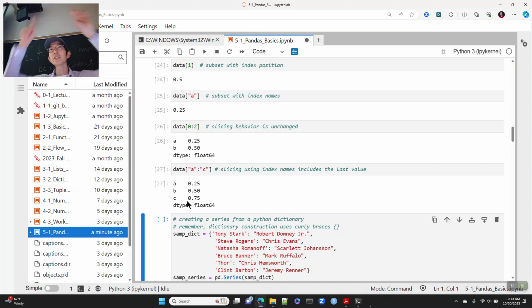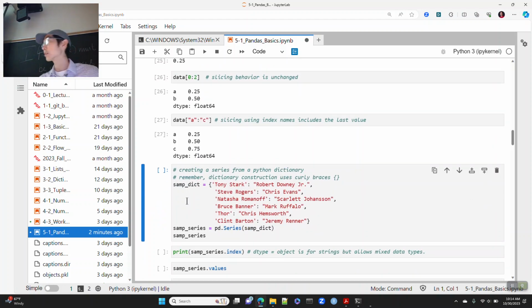So a series is unidimensional, but you can have a multi-level index. I don't know if that answers your question or not. We can have a multi-level index, but the series itself will always be one-dimensional. Okay. Question: are you able to do the same thing as a series with the enumerate